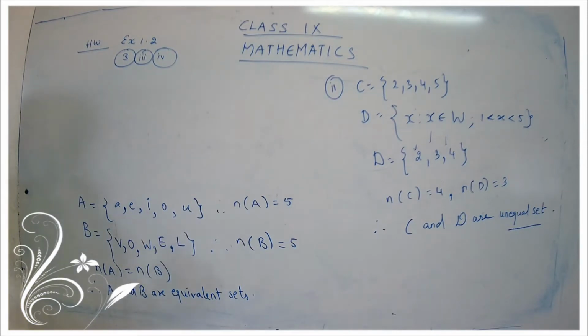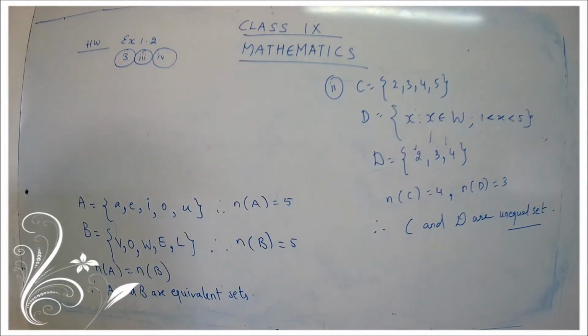I'll just give you an idea for completing your third sum and fourth sum. Listen to the statement carefully, children. X is equal to {x such that x is a letter in the word life}. What are the letters? L, I, F, E. Yes. What about Y? F, I, L, E.